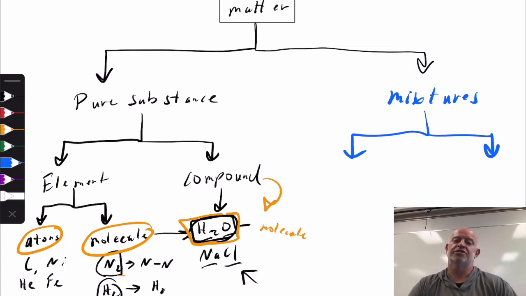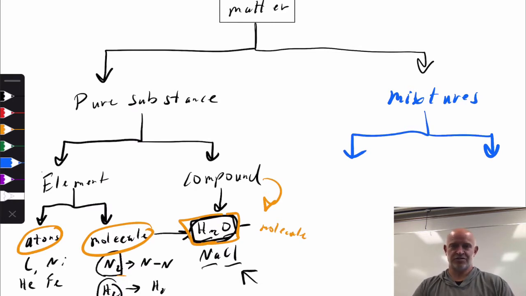Let's make sure that we're comfortable with what mixtures are. Mixtures are anytime we physically put two things together and each substance maintains its own properties, but by blending them together, we get a desired result. We make mixtures all the time. Most foods we eat are mixtures. Most chemicals that you use for household cleaning are mixtures.